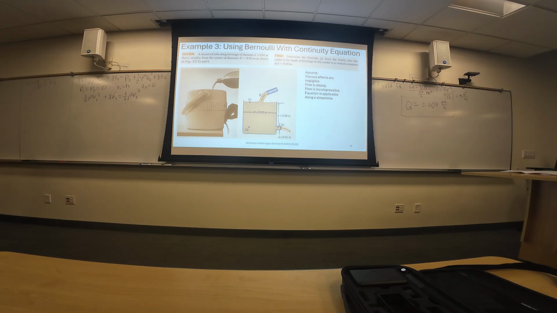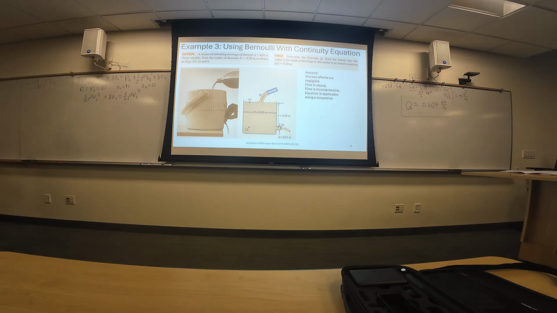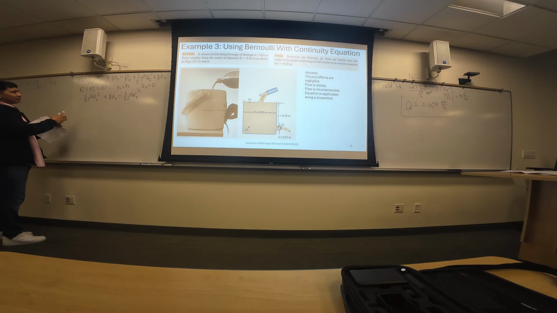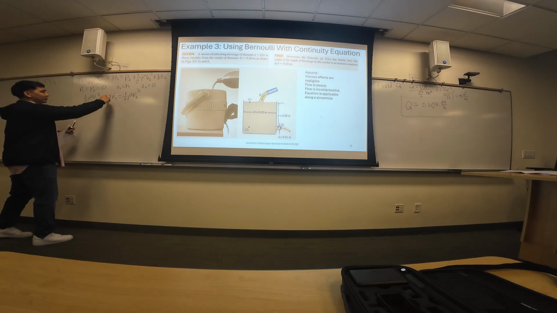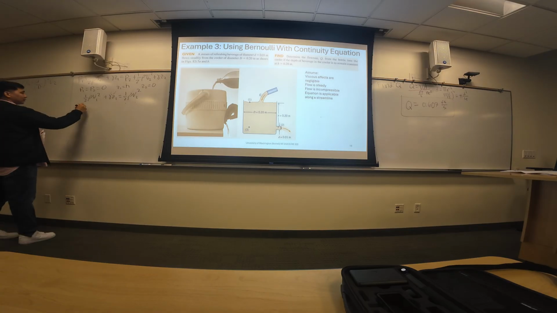So sometimes you can skip a step, and since, like someone mentioned previously, density is the same and specific weight is the same, you can just kind of pull those out. But we're just going to solve this as is here. So let's solve for V2. Actually, let's make it easier on ourselves and take these out now. If these are constant, you can actually take rho and specific weight out, because these are constants. So now you're going to be left with